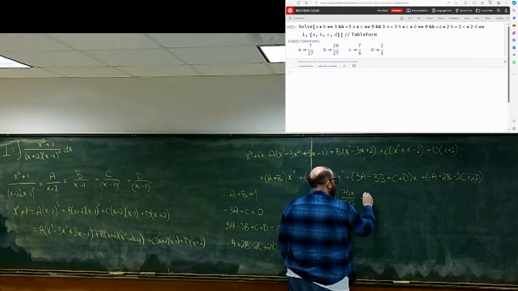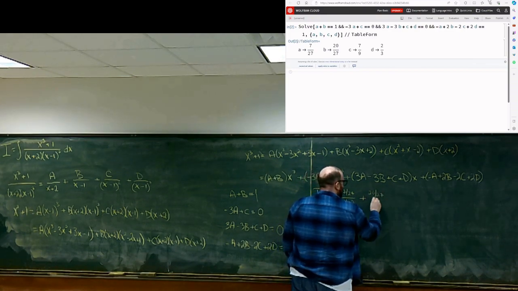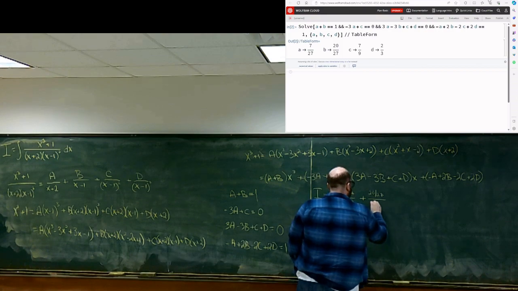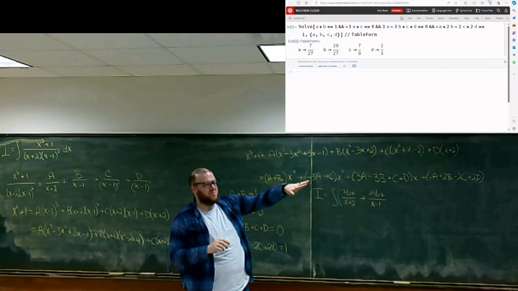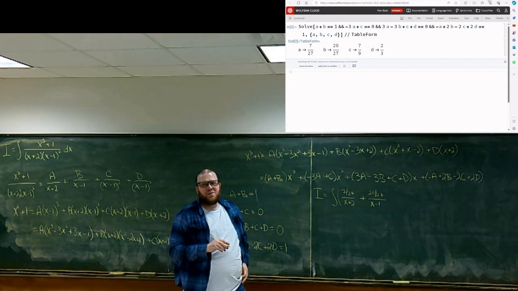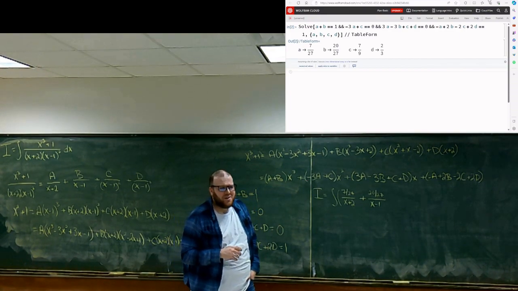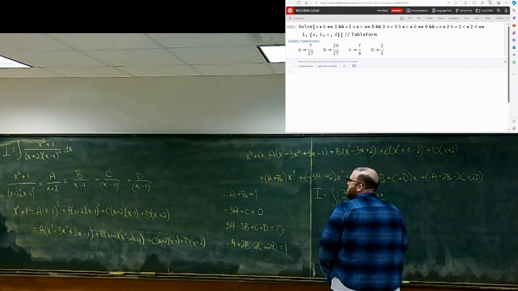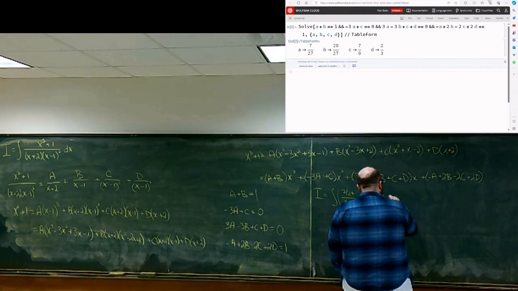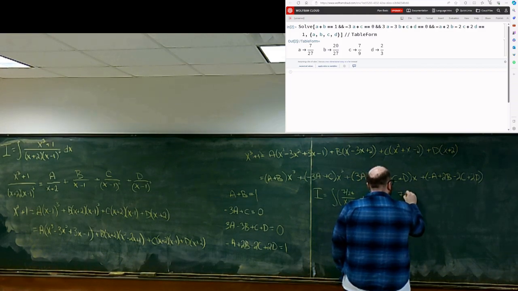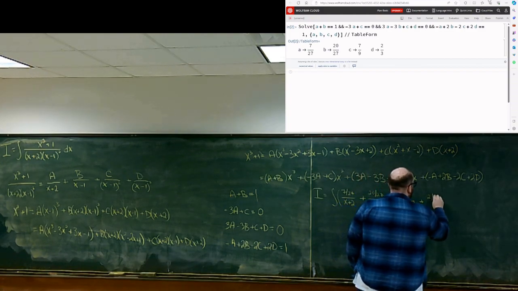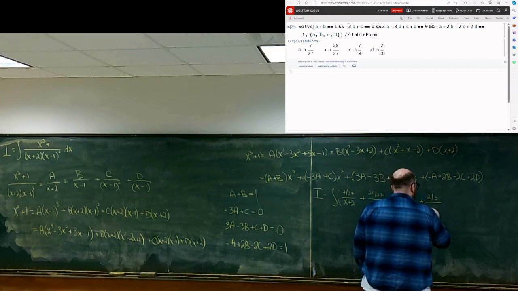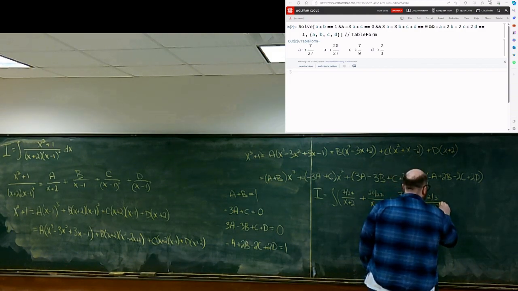Then B is 20/27 over x minus 1. And yeah, a lot of the systems do give you fractions as solutions. Plus 7/9 over x minus 1 squared, and then plus 2/3 over x minus 1 cubed,